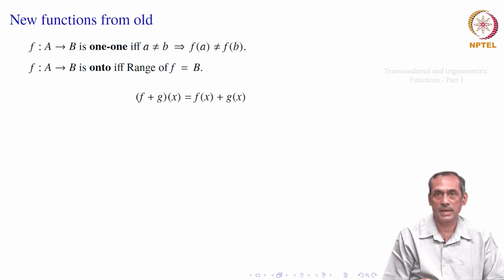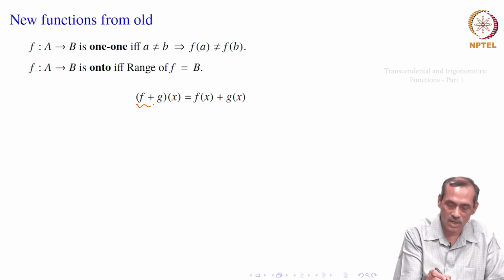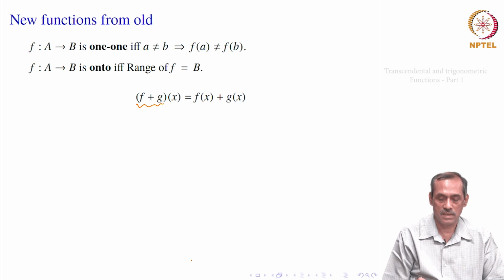And we also find many more functions from the old ones, as you have done with the power functions. We have taken the polynomials like f of x is a constant, say 1, and f of x equal to x, the identity function. So, you have another function which gives 1 plus x. Now, we are giving a notation for it. We will say that that is the addition of two functions. So, if f is a function and g is a function from the same domain to the codomain also, the domain for f and the domain of g should be the same, and the codomains of course must be the same. Then you say f plus g is another function which at x takes the value f of x plus g